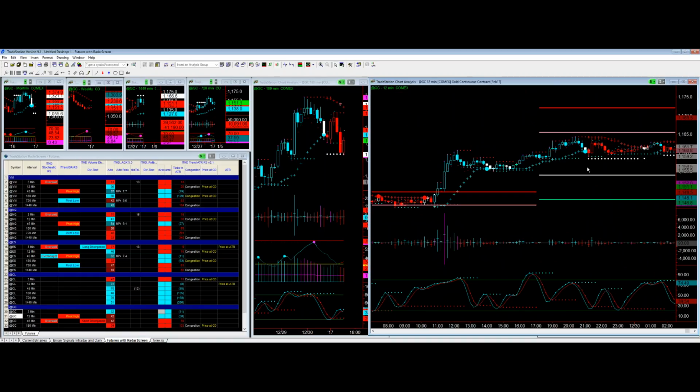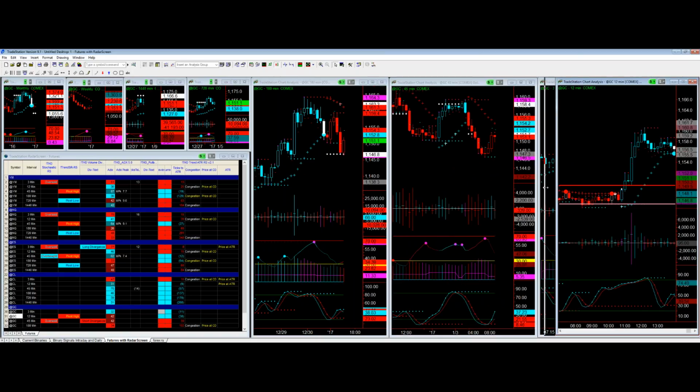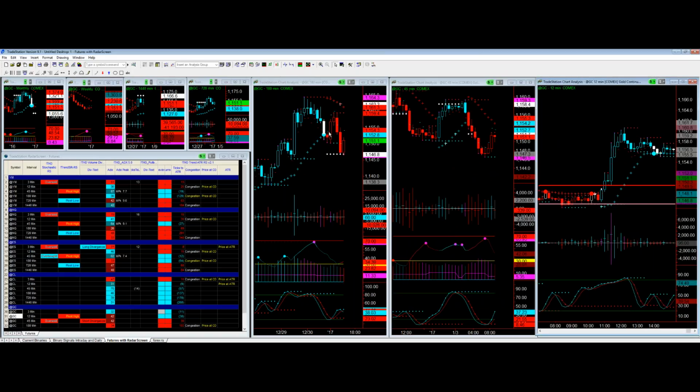This is what I'm talking about, Dinesh. See how it formed the line of congestion dots? It should go back up and test this ATR and then come back down. It's just like right now, you see it on the 180. See how it's at the congestion dot? It should come back to test this ATR. You saw it over here, 45-minute line of congestion dots, it came down. They worked as resistance.